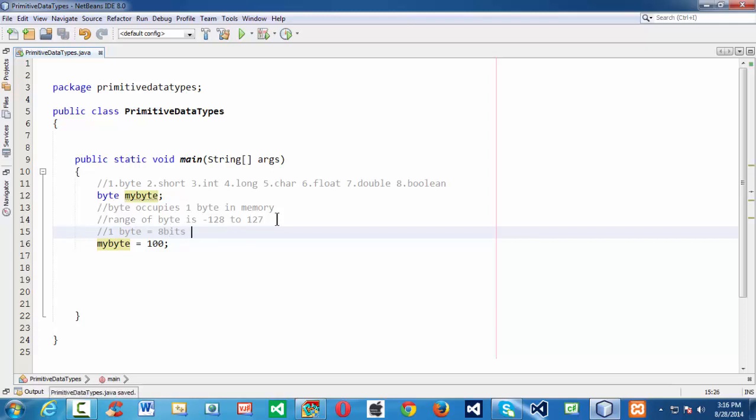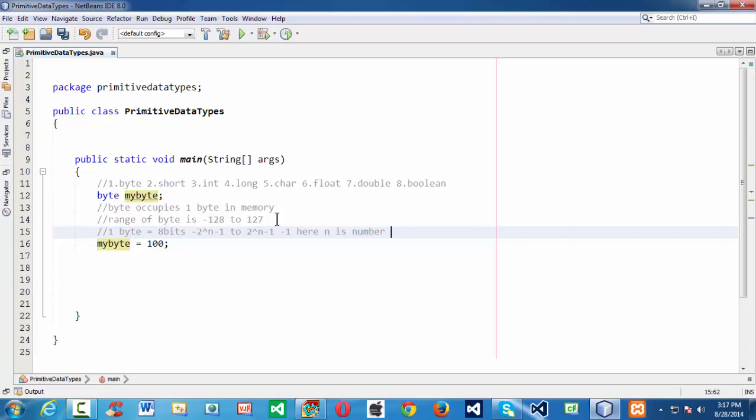So based on this mathematical expression, they have derived the range for byte: minus 2 power n minus 1 to 2 power n minus 1 minus 1. I am using the cap symbol to represent the power here. Here n is the number of bits.